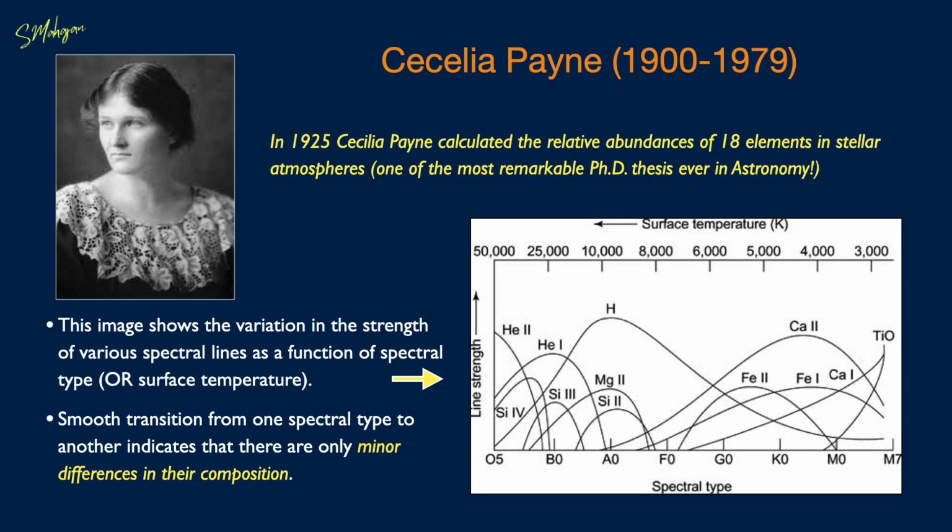In the year 1925, soon after Saha's equation was published, in her PhD thesis, Cecilia Payne presented the variation in different spectral lines as the temperature and spectral type of stars changes. Her results suggest that there are only minor differences in the composition of stars. She was not only the first person to determine the composition of stars, but also to discover that hydrogen dominates